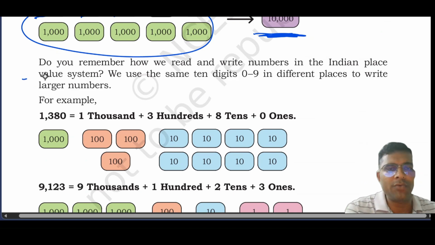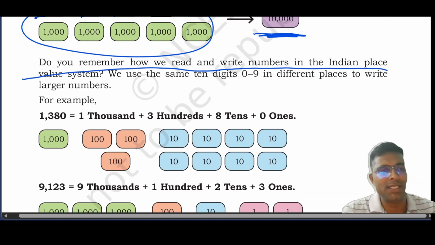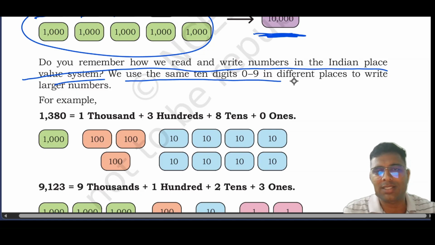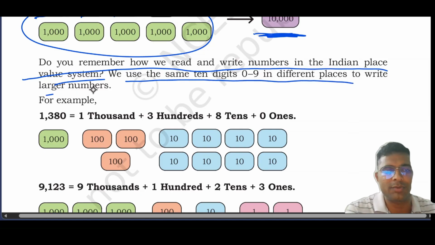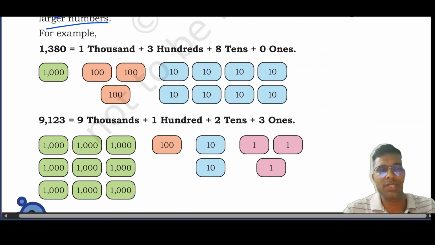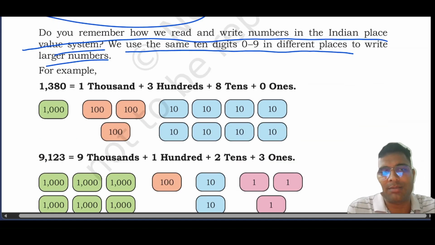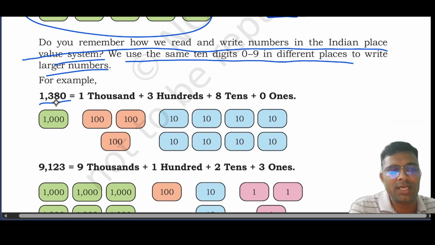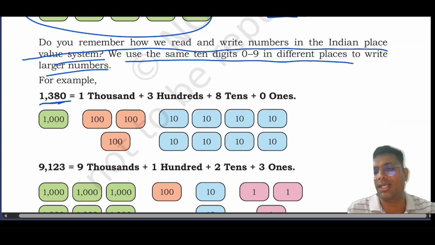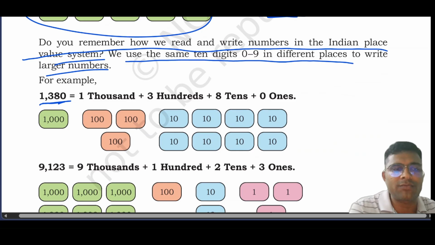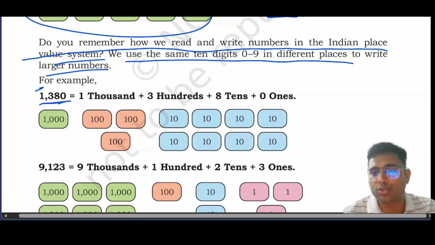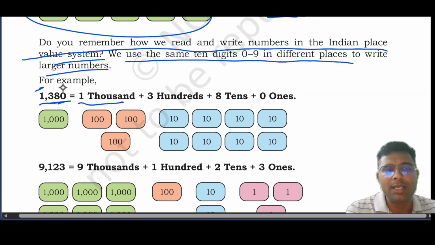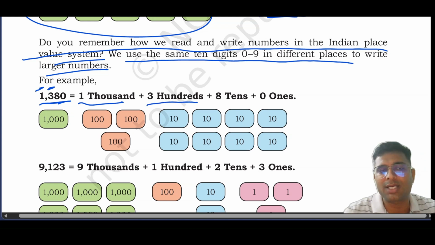Do you remember how we read and write numbers in the Indian place value system? We use the same 10 digits, 0 to 9, in different place values. For example, this is the expanded form in the Indian place value system, 1380. This is the number. How do we read this number? We start from the left side, and you know the place value of this digit is 1000. So 1000, 300s,